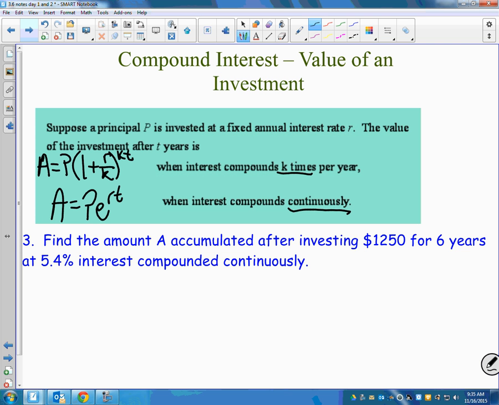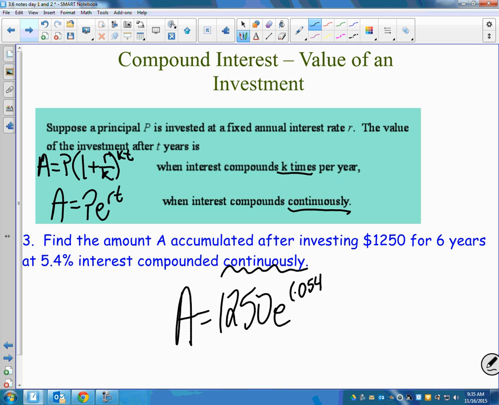So, find the amount accumulated after investing $1,250 for 6 years at 5.4% compounded continuously. Right? That continuously is my key word there, but I'm just going to take E to the 0.054 times 6. Again, be careful typing this in your calculator, because both of those things go in the exponent. So on my calculator, when you hit E, it automatically sets it up for you with the parentheses. Don't close that parenthesis until the very